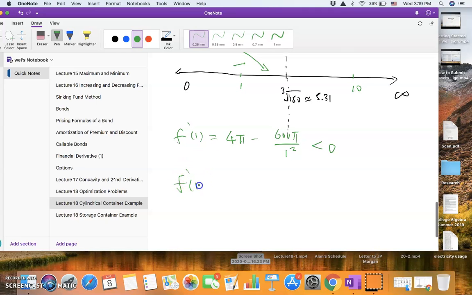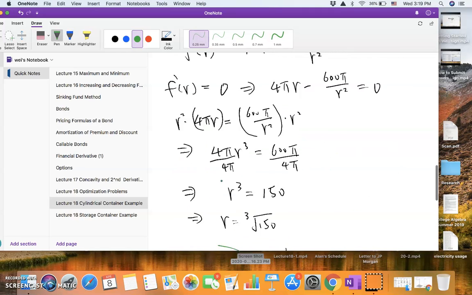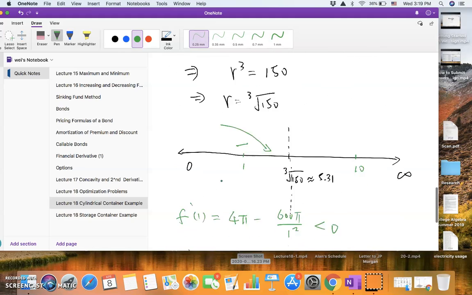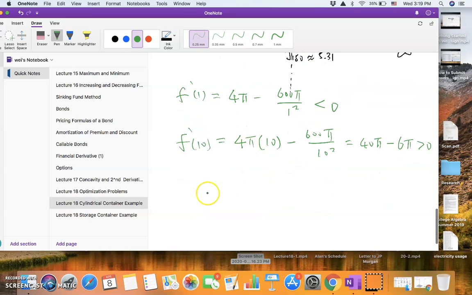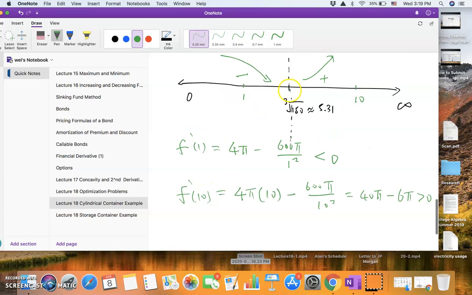And when r equals 10, the derivative is 4 pi times 10 minus 600 pi over 10 squared. Now this is equal to 40 pi minus 6 pi. That's positive. So the function is increasing. Therefore, the function has a minimum value when r